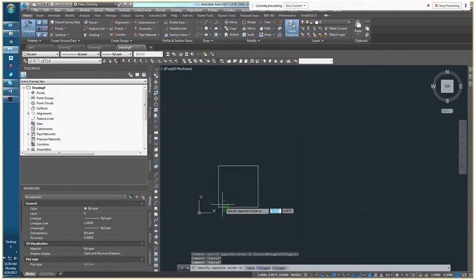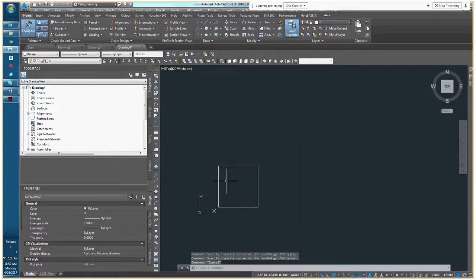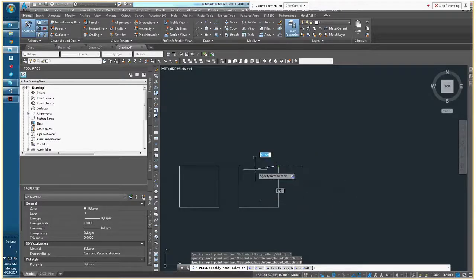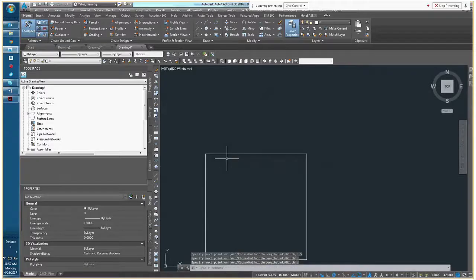But there's not a lot of benefit to having these 4 lines in a drawing. In other words, we can't really do much with these 4 lines. However, if I were to start the same command with a polyline, I'll go 5 units down, 5 units over to the right, 5 units up. Now, I'm going to close this polyline incorrectly so that I can show you how to do it correctly. And by incorrectly, I mean I'm going to snap over here on this last vertex to quote-unquote